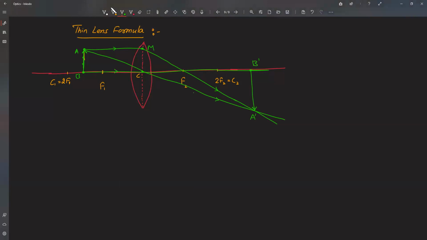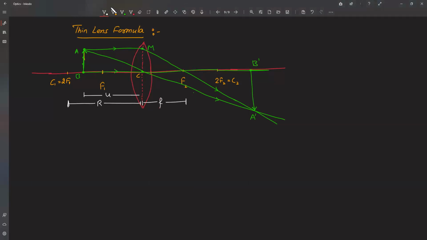For the time being, various things which you can see here. For example, this center of curvature to the lens, the distance is given by r, that is radius of curvature. Similarly, this length, that is distance to the focus, that is focal length. Similarly, the object is kept here, so its distance from the pole is